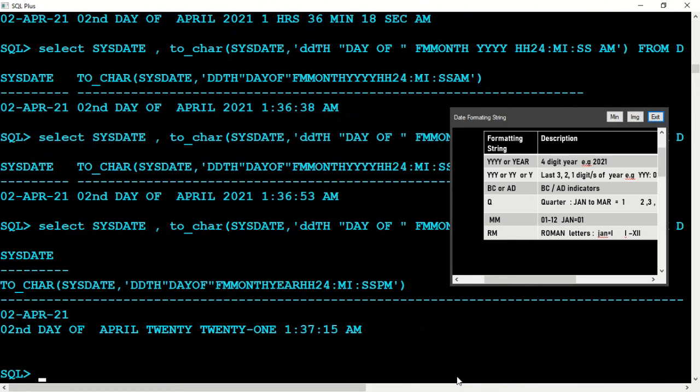Enter. So this is 22nd day of April 2021, 1 hour 37 minutes 15 seconds, and this is AM. So this way you can format the entire date and time system. Thank you.